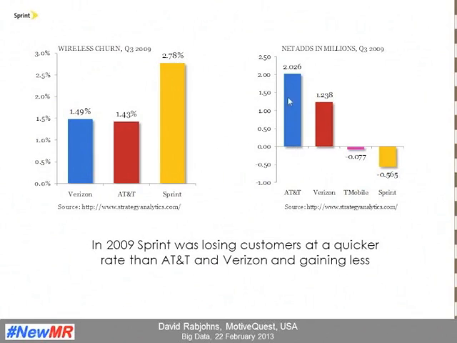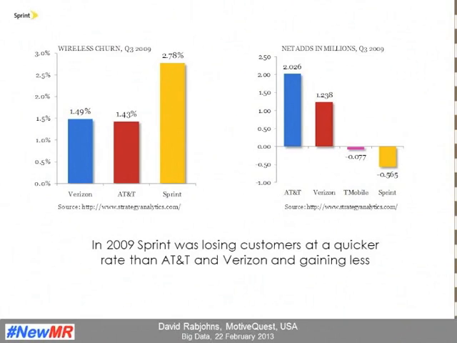versus AT&T in blue, who were gaining 2 million clients a quarter, and Verizon over here, who had a big campaign around their coverage that was gaining about 1 million clients a quarter. So it was a pretty dramatic time, and Sprint had done a lot of market research when we came along. They'd done a lot of traditional research looking at communications messaging. They'd done lots of conjoint analysis on pricing. They tested lots of different promotions. But none of the activities they were doing were able to change this high churn and this